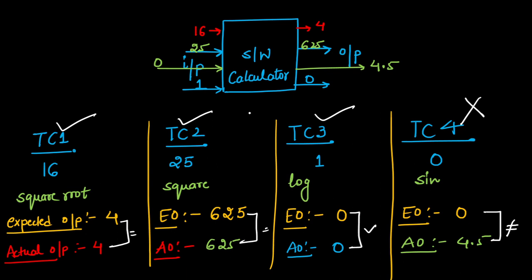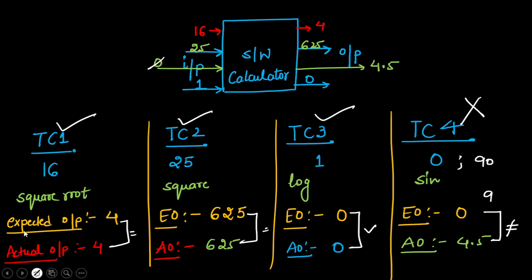So now to confirm yourself, what you will do, in test case 4 you will give one more value. So instead of 0, let's say you gave 1. Okay. Now instead of 0 you gave input 1. So what is the expected value? Sin 1 is 90. Sin 0 is this. This will be sin inverse, not 1. Let's say here you gave 90, not 0, sorry, here you give 90 degrees, meaning you are calculating sin 90, okay, 90.